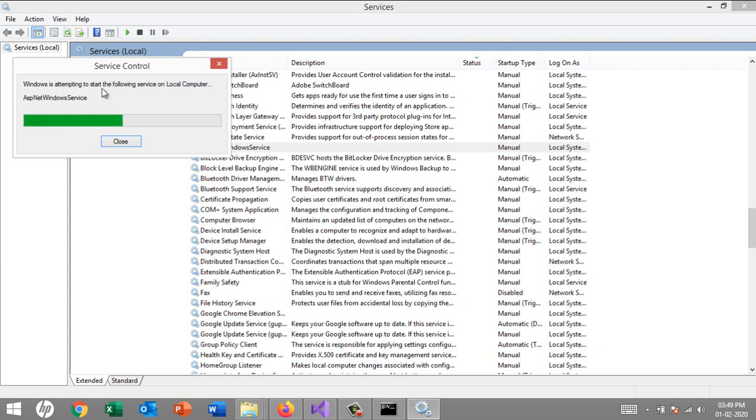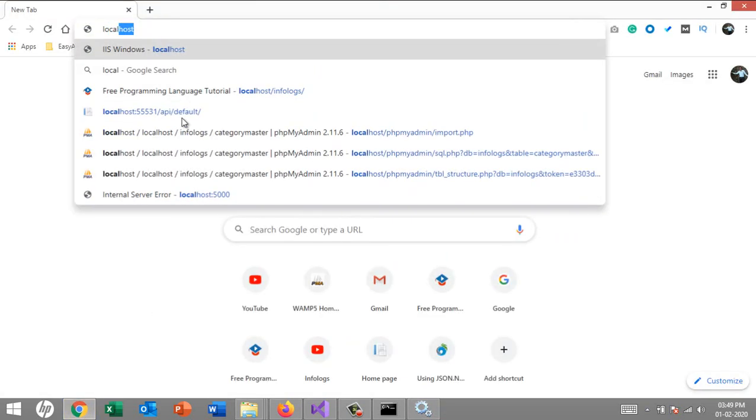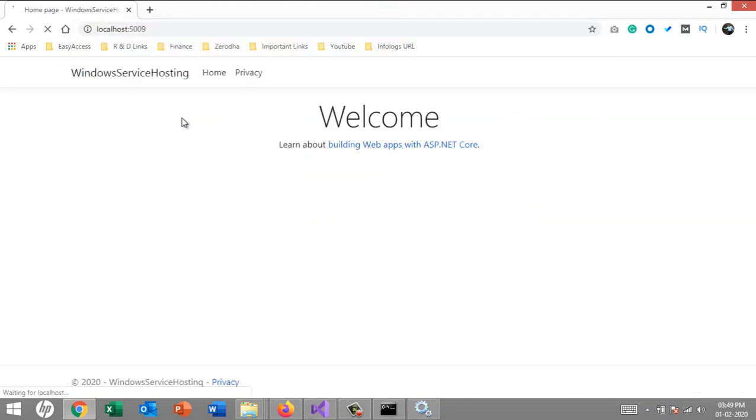So now I think we should use that new port, whatever we mentioned in ASP. Okay, the service is started, so I'll try to access the new port, localhost colon 5009, and hit enter. Okay, so everything is working fine. So now,